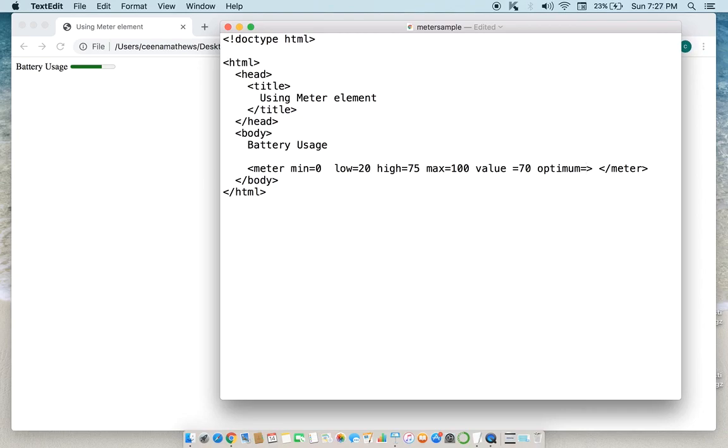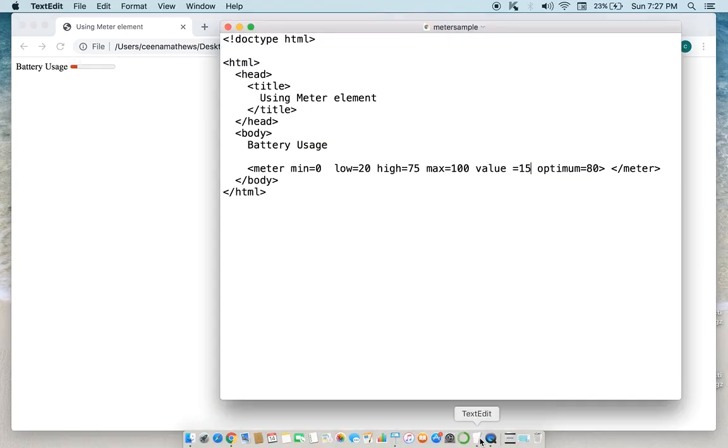I am going to set it as 80, and instead of value 70 I am going to set it as 15. Okay, we'll see how it is displayed.